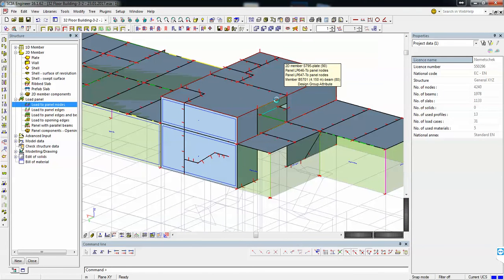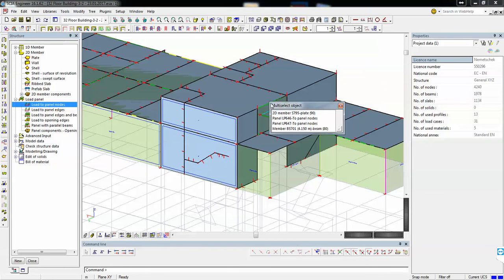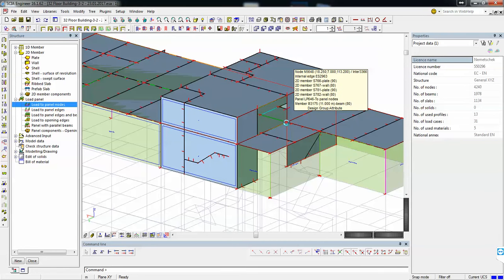Also, there is no need to overlap elements. So if I have a 2D element like a wall or a slab, I will just add the property of 3D wind, and not draw a panel over it. Make sure here, so I remove only the panels.